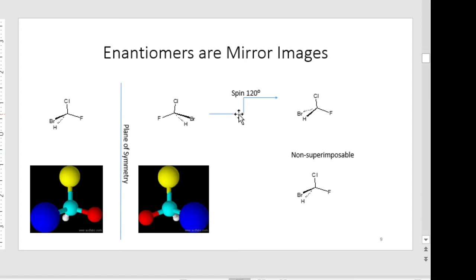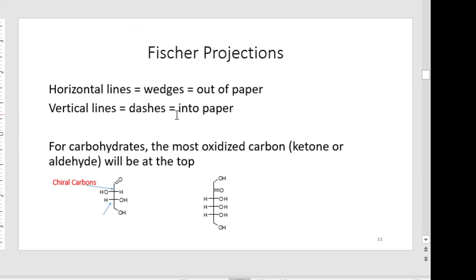Here's our picture of the same thing that we were doing, of spinning these and making mirror images. Okay, so we did that with the models. Alright, so we're ready then to change how this is drawn. And so when we draw these, if we were to draw our zigzag pattern with some chiral carbons, that one's not chiral. But if I make this one chiral, I have to use a pattern like this to